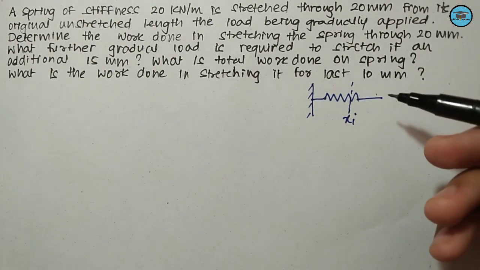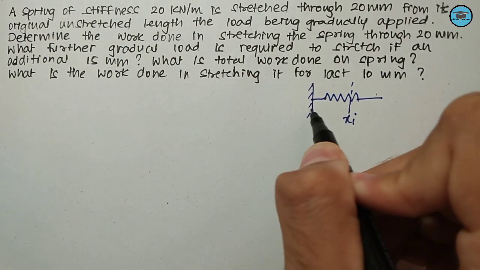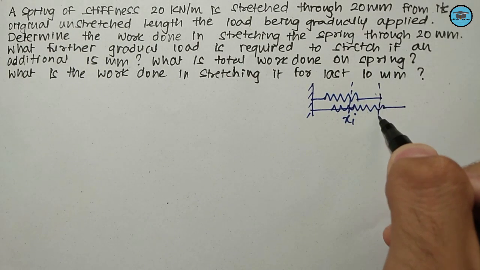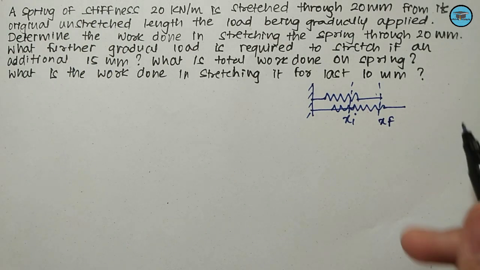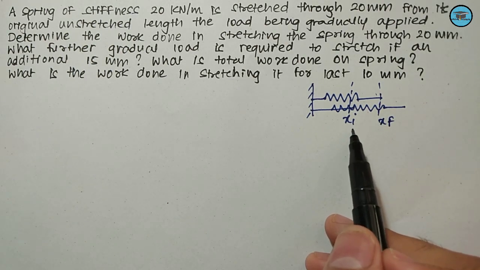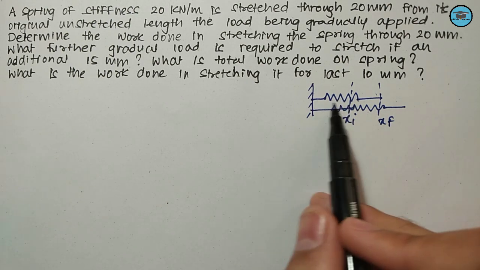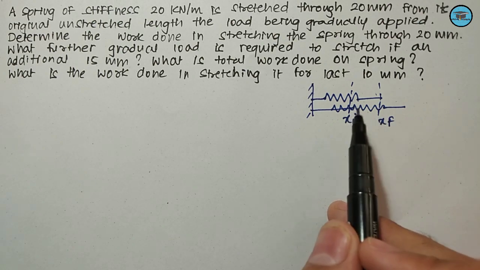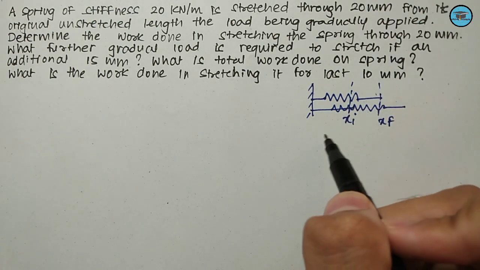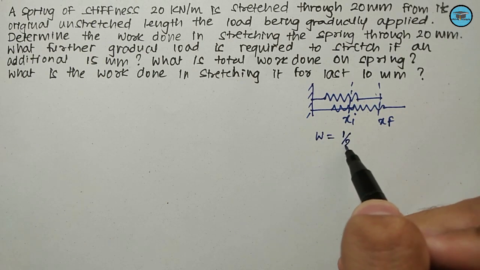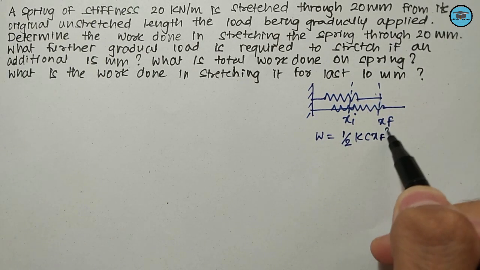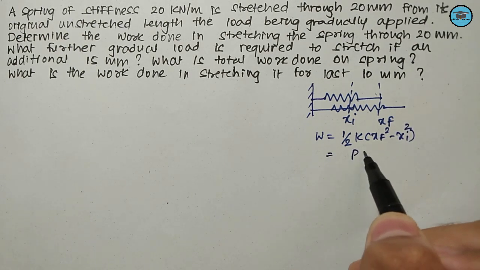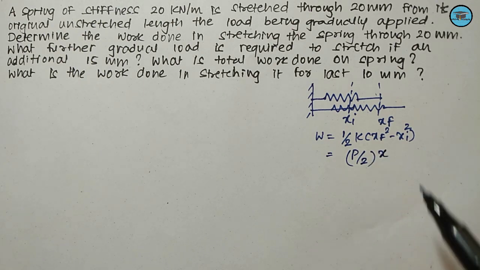Now when a load is applied and it is stretched such that its length increases to xf. So the initial length of the spring is xi and the final length comes out to be xf. So the displacement is xf minus xi. The work done can be given as half into k into xf square minus xi square, or in short it can also be given as P by 2 into x, where